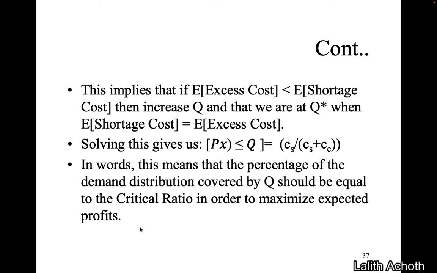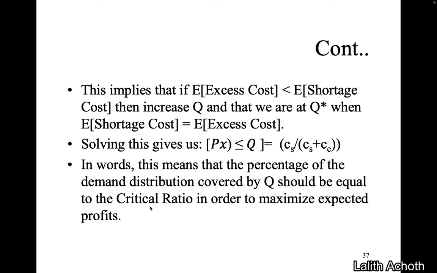So it is Q when excess cost is less than the shortage cost. As we increase the Q, they'll become the same. Okay? They'll become the same. So we are essentially trying to find out this Q star. Solving this gives us the probability that X is less than Q. So the probability that X is less than Q, that is, the quantity demanded is less than the quantity supplied,